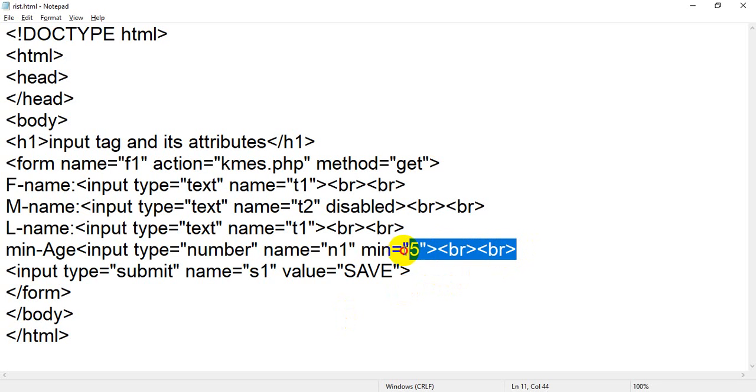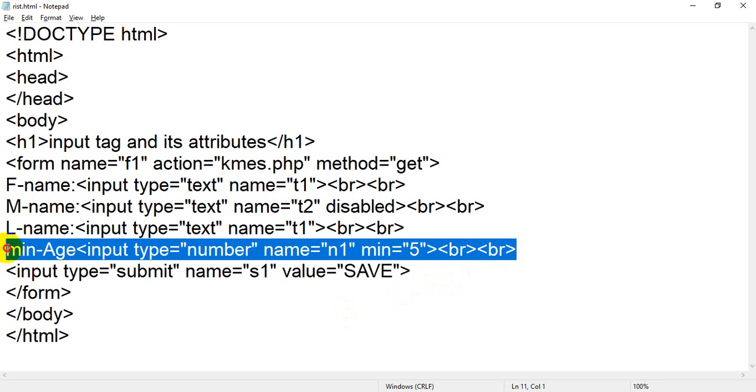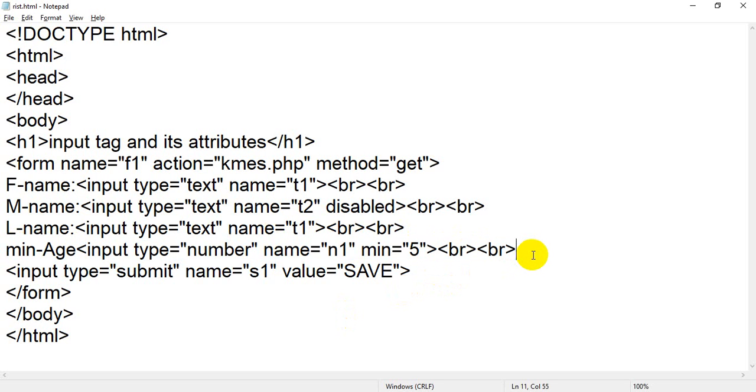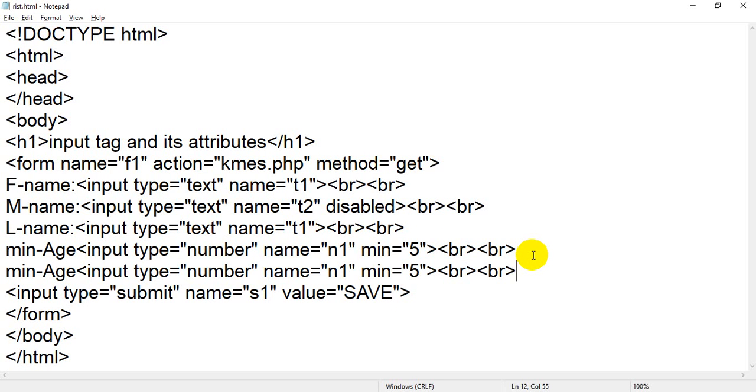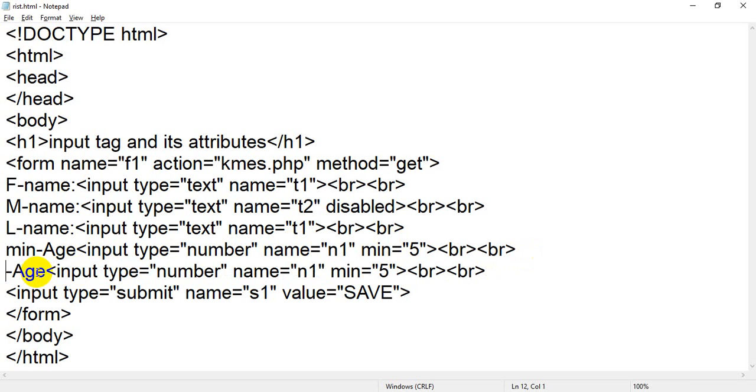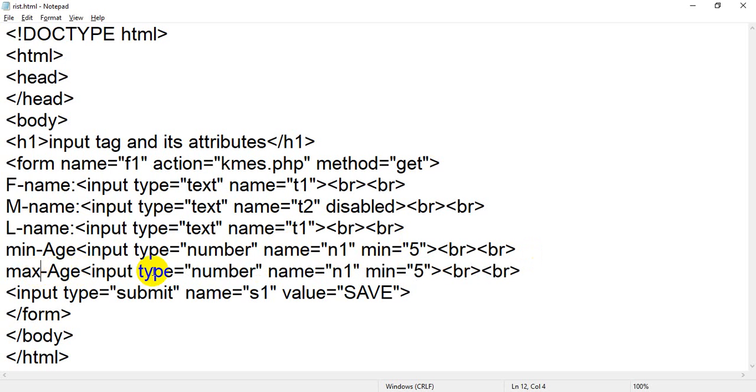So I am just going to copy this line of code, Control C, and add it with Control V. Instead of min, I just want to change it to max. Now max means if you increase the content more than that number, it will give some error message.